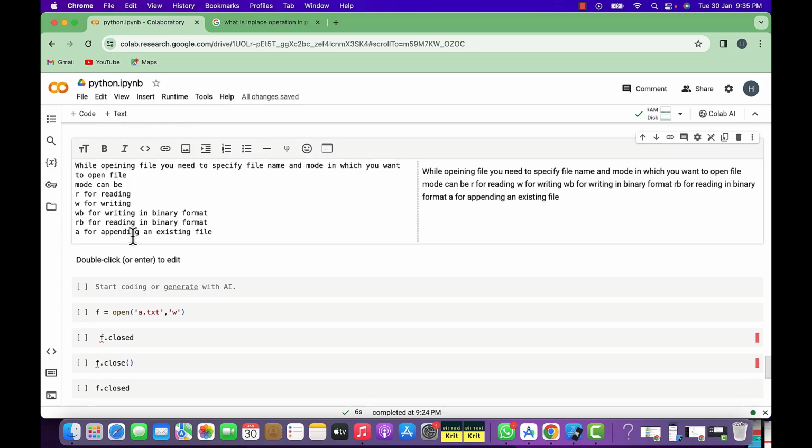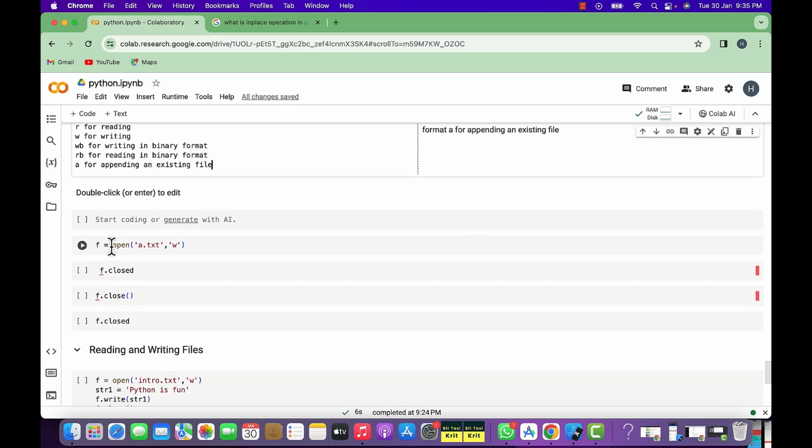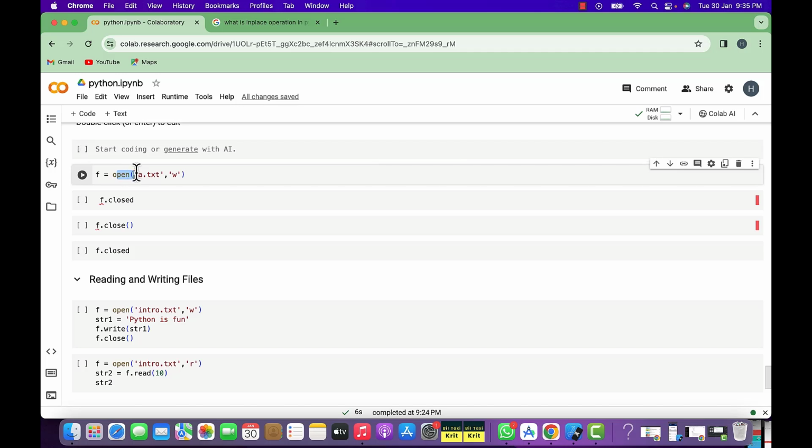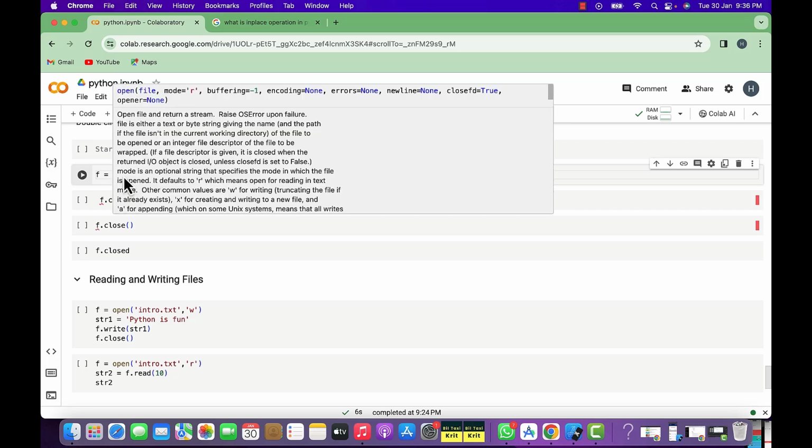So now let's start by opening and writing to a file. There you can see in this cell we are using this open function to open this file. Firstly, you need to specify the name of the file which you want to open and then the mode in which you want to open it. As we want to write to a file, we specified the mode to w and the file name is a.txt. So now this open function will try to open this